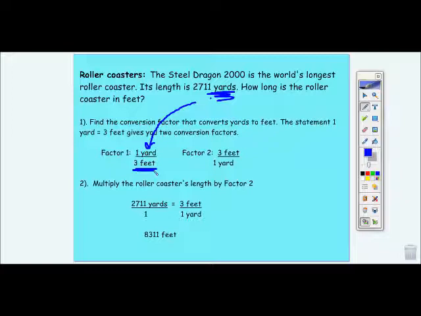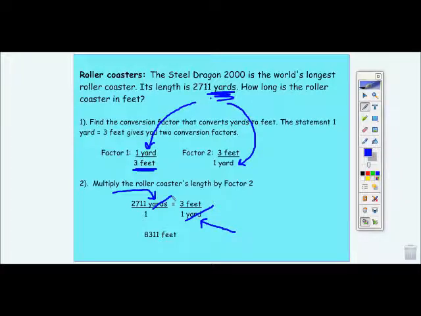We can also look at the factor as we can put our 3 feet over the 1 yard. Both of those factors, 1 and 2, are equal to 1 because that distance is the same for the numerator and for the denominator. So what we want to do is cancel things out. We have the 2,711 yards, and we want to cancel that out with yards, so we're going to put the yards as our denominator. Okay? When we do that, we can cancel the yards out,